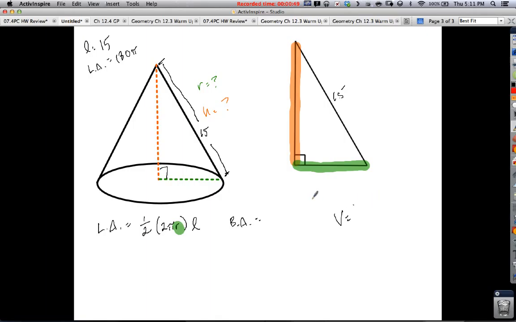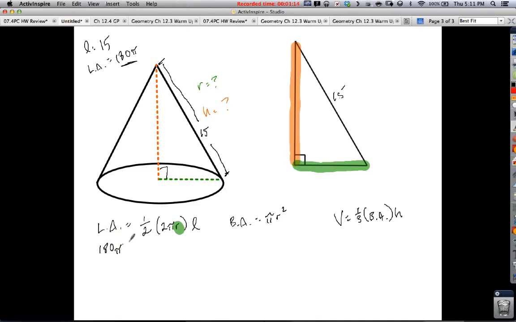Well, I look through my formulas here. The base area is just pi r squared since it's a circle. The volume, I didn't write down here, but that's 1/3 the volume of a cylinder, which is just the base area times the height. So you can see here that in all of these I'm really lacking a lot of stuff, but if I look here to the lateral area, well, they told me that the lateral area was